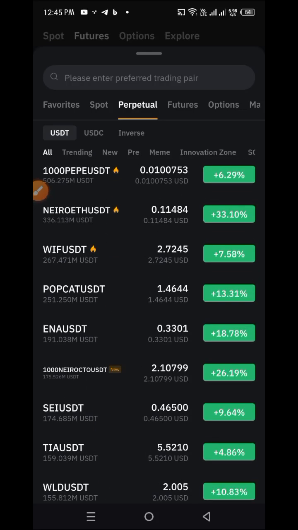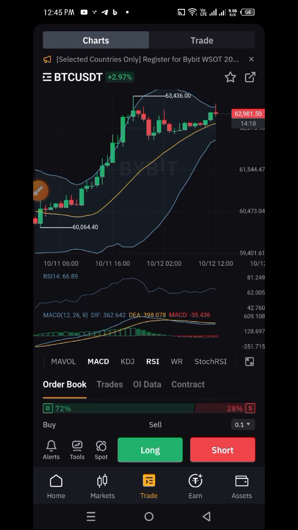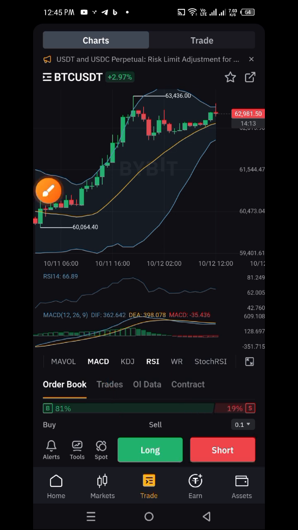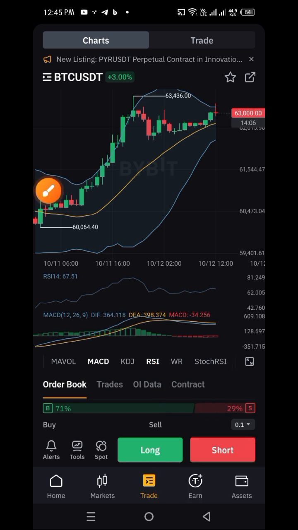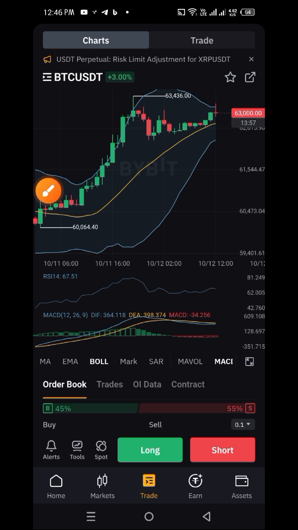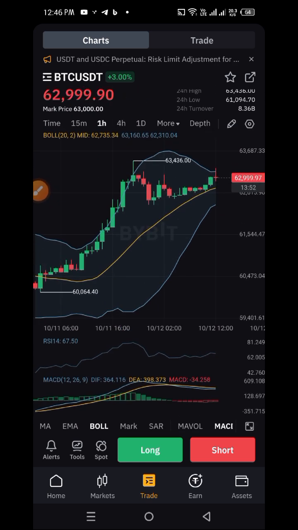Okay, back to where we were. Let me show you what I'm trying to do here. Now you see I already have, if you look at this place here, we have the MACD, we have the RSI, the relative strength index, and we also have the Bollinger Bands. This is the Bollinger Bands. So what you do is that whenever you want to change all these settings, you just go here and